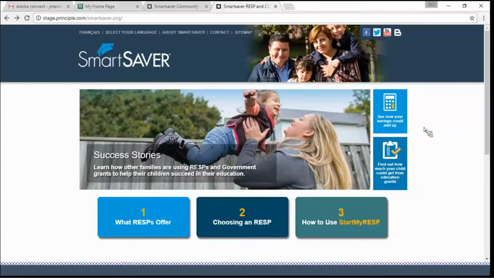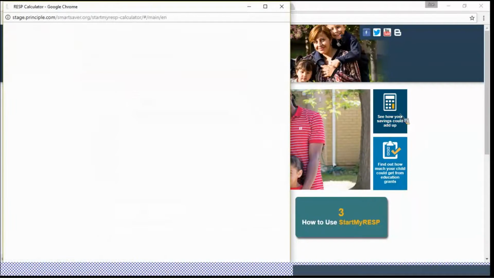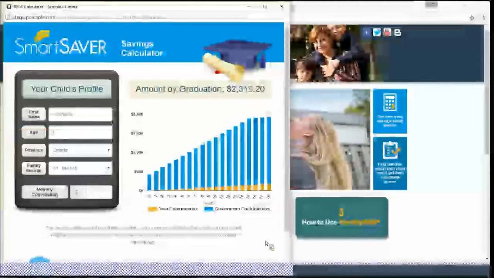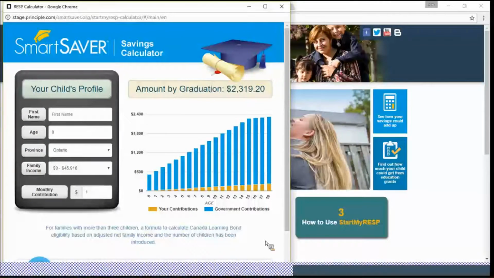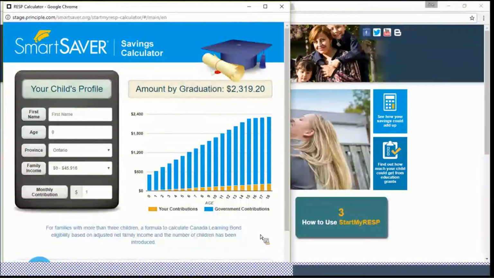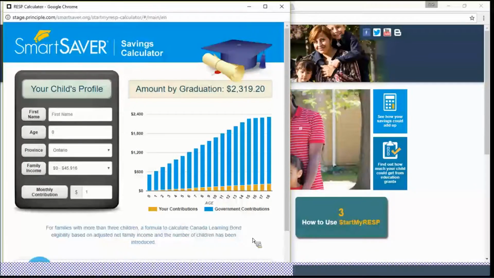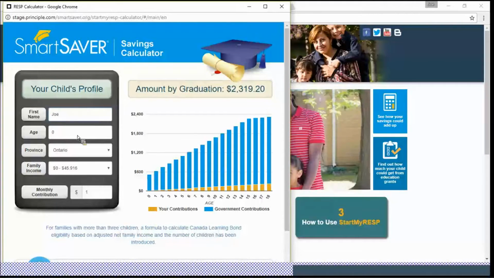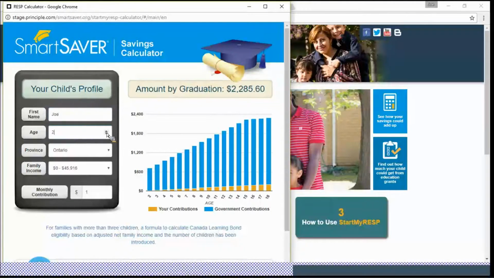The first thing we can take a look at is what we call the calculator. A lot of institutions that children might be interested in attending have these sorts of things. It doesn't matter how hard you try. When you start typing into a university's calculator all of the information they ask you, it almost always comes out to it's going to cost you $100,000 to come here, which can be a little deflating. From our point of view, what we would like people to do, and we encourage anyone working with a family, is to show them the calculator, to show them how much success they can have very quickly by making